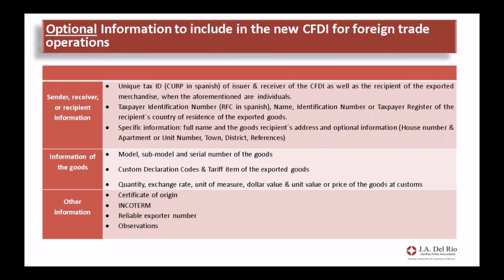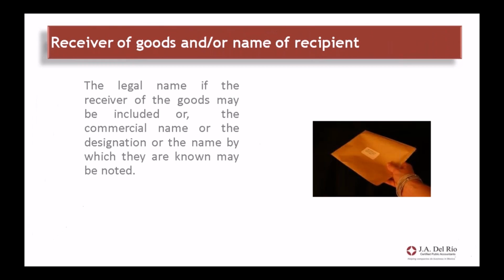When it comes to information of the goods, you can add as optional the quantity, the exchange rate, the unit of measure, the dollar value, the unit value or price of the goods at the customs, and you can include as well some other optional information such as the certificate of origin, the Incoterm, and some other observation that you can put. Just here, I would like to add, Leo, that even though this is not mandatory information, in the case that the company already has this information, we recommend that we include this information,